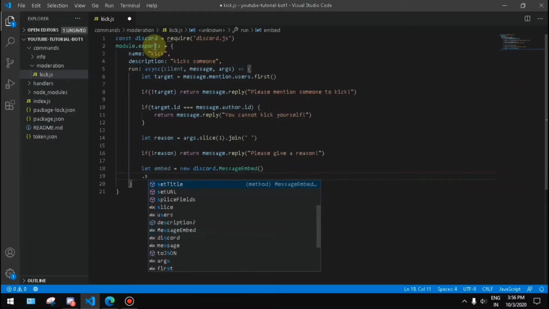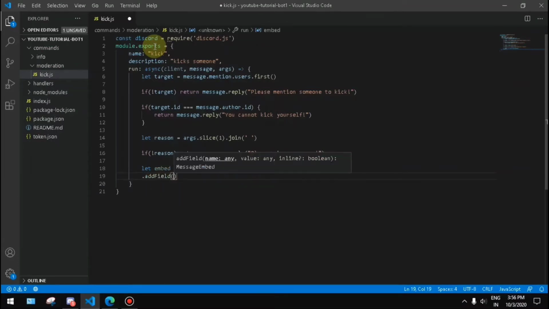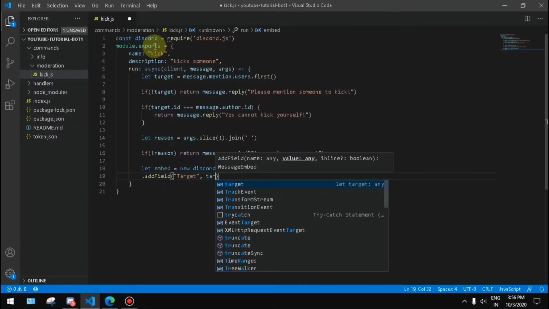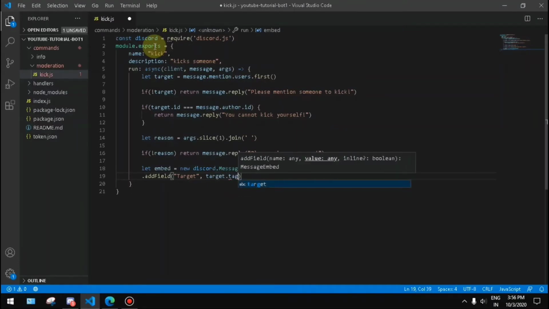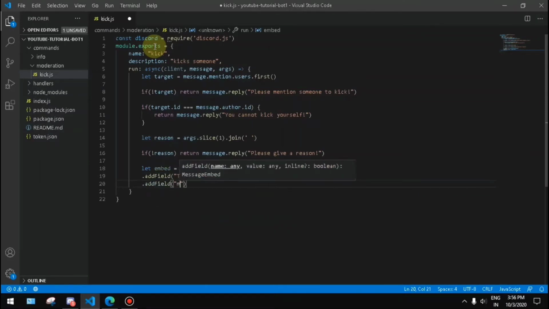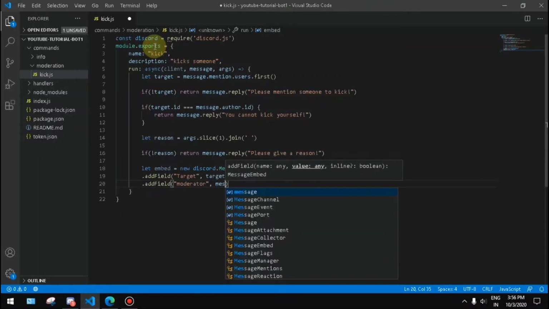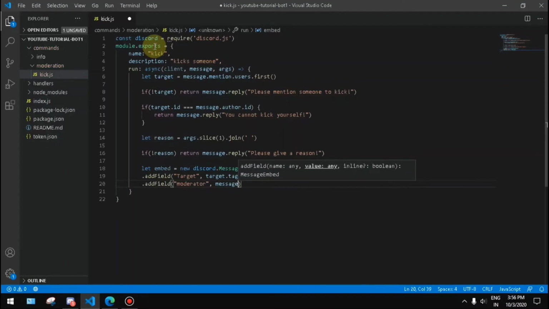And then we are defining a new embed. The embed's not necessary. Basically it's just for the logging sake, so people know who got kicked from the server, by whom, and for which reason. So this is basically for the logging system. If you don't need the logging system, you can just go ahead and delete this part and simply do target.kick or target.ban. We'll make a ban command also coming up.